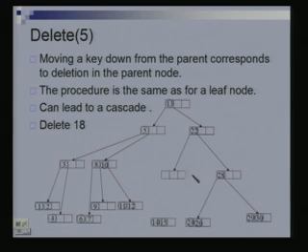तो पेरेंट खाली हो गया, तो अब ये क्या करेगा, ये बोरो करने की कोशिश करेगा इसका इकलौते सिबलिंग से, पर the sibling is also only one key. So we are going to merge with the sibling. We are going to create a new node which is going to get the sibling key and the key from the parent, which is 22. So this is the situation now, right?